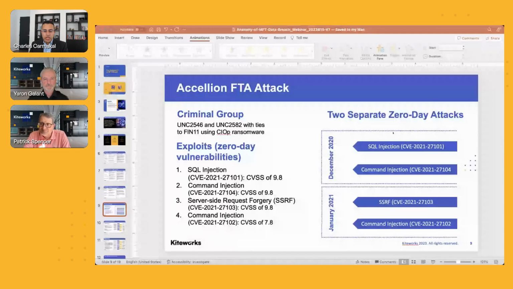Was this unique? Yeah, look, I think it's happened a few times in the past. It's not that common, but it's definitely happened a few times. But let me share my personal perspective on the Accellion FTA attack. So just going back in time, December 2020, many of you may remember that my organization had just disclosed that we were hacked by a foreign adversary. It was a very humbling experience being a cybersecurity company dealing with our own security event. I think we learned a lot from that process. I think the community learned about that because there was a much broader software supply chain attack that had occurred.